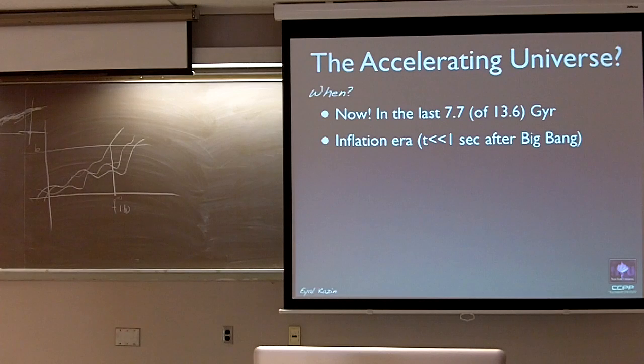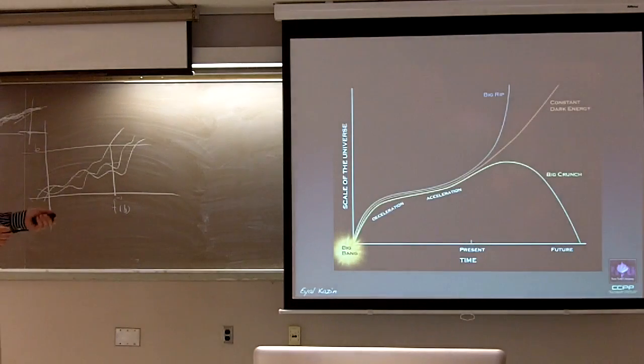So how long has it been expanding? Well, for the better part of half of the age of the universe since the Big Bang. And there's also, at the very early stages, this era of inflation, which is consistent with current observations. So just to give you a feeling for what I'm talking about, here I show the scale of the universe as a function of time. And so we see that there's this inflation era in which the universe is expanding really rapidly. And then we have this deceleration, which is actually the thing that makes most sense to us.